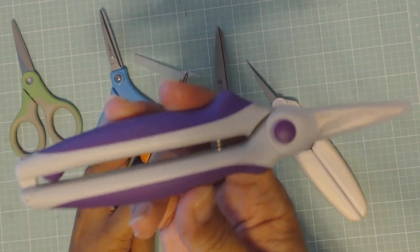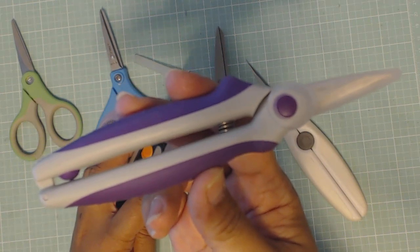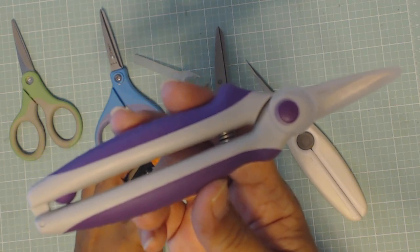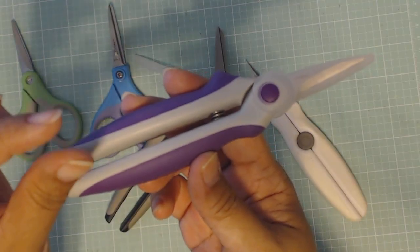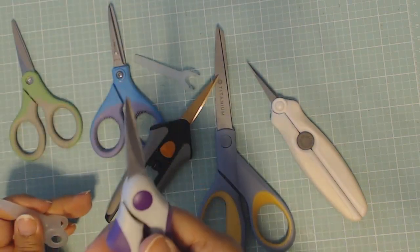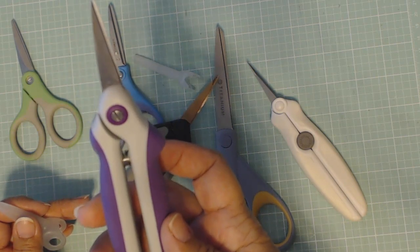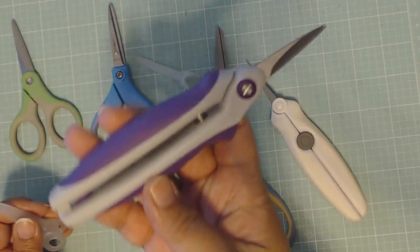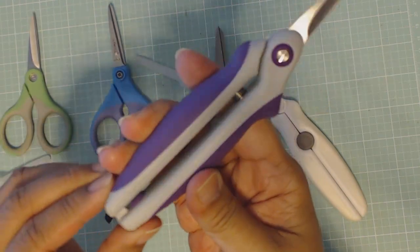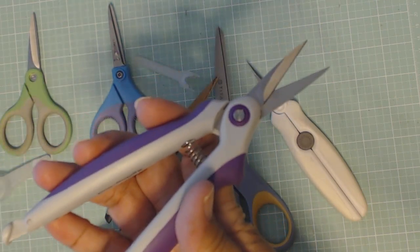So I bought these scissors specifically to cut my rubber stamps that have the cling foam, or if I have to cut cling foam, because the cling foam is pretty thick. I mean, you got to go through that plus the rubber stamp. So that's the only thing I use these for. Again, these are not non-stick, but they are spring-loaded. And this one has a different sort of clasp. You undo it at the bottom, and